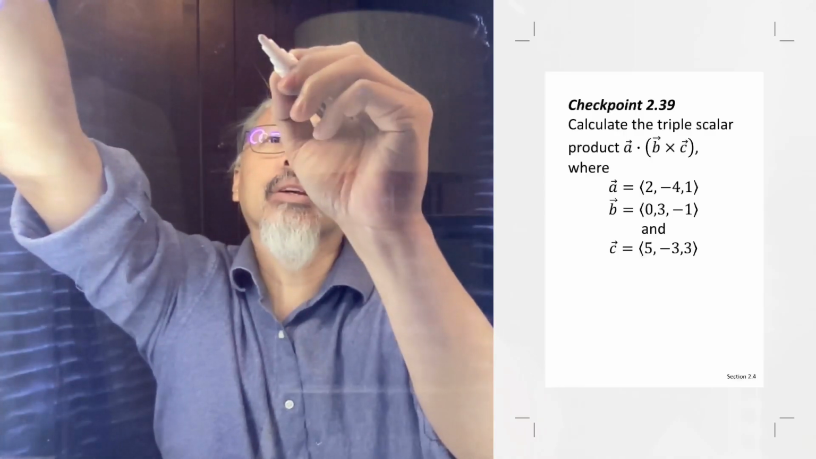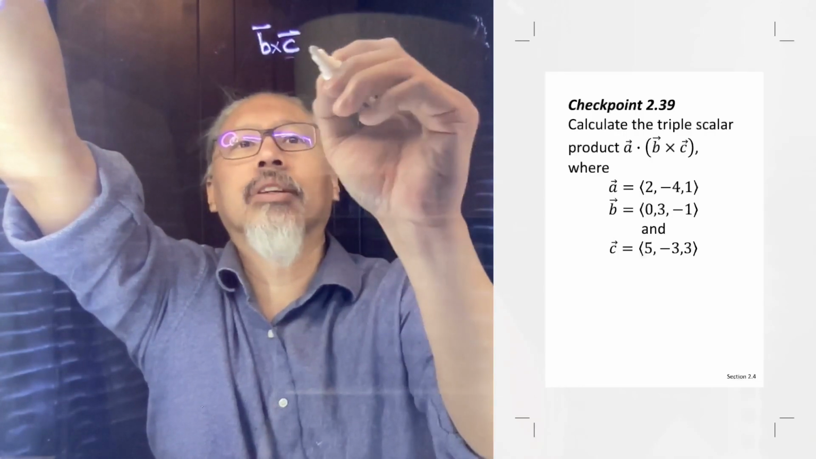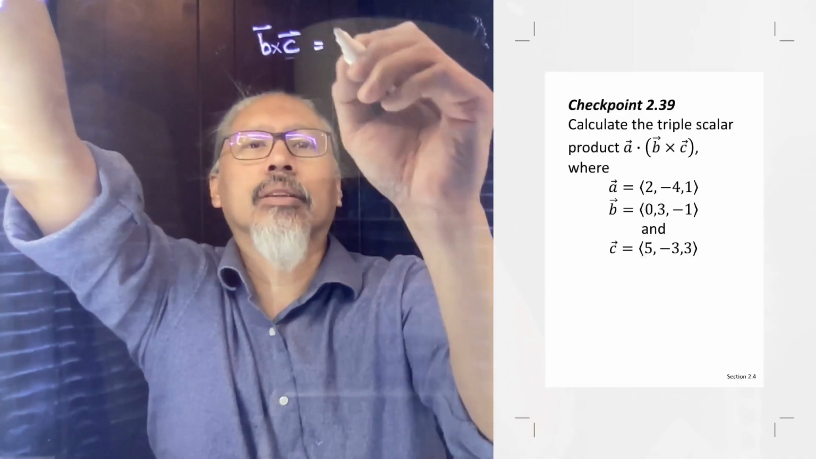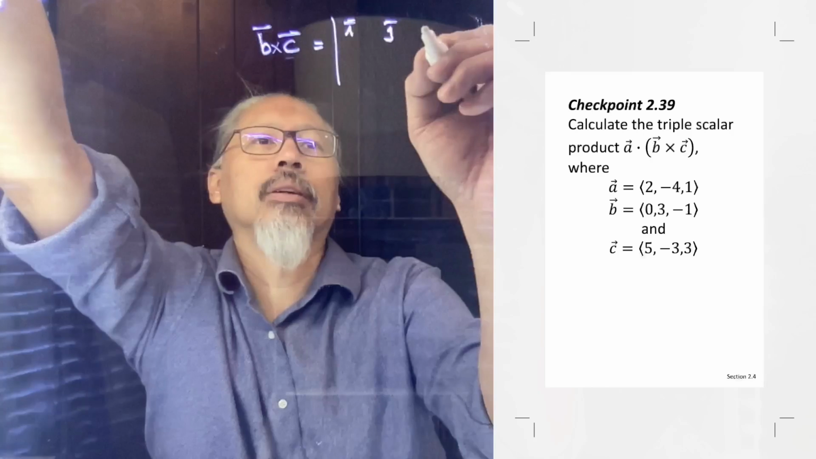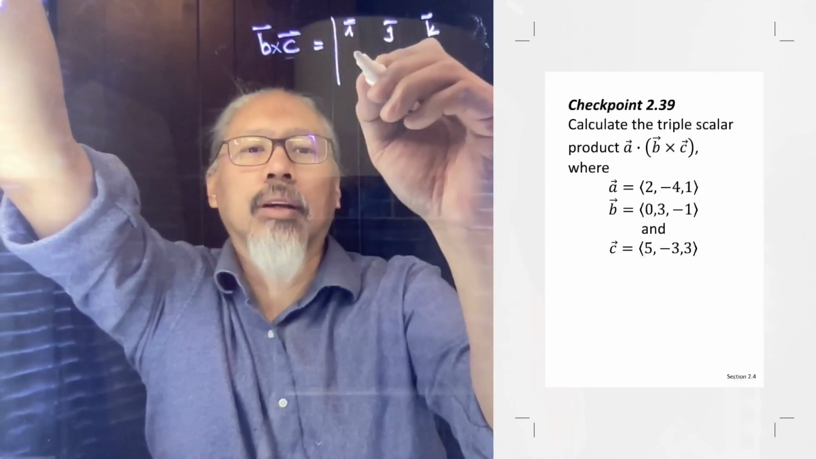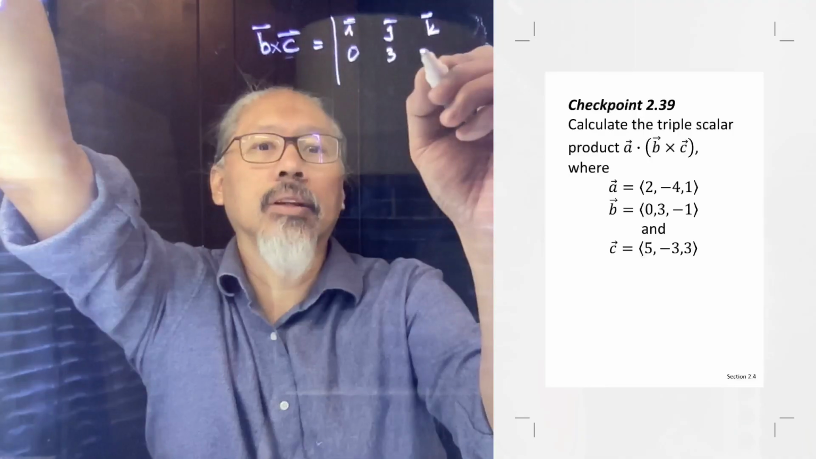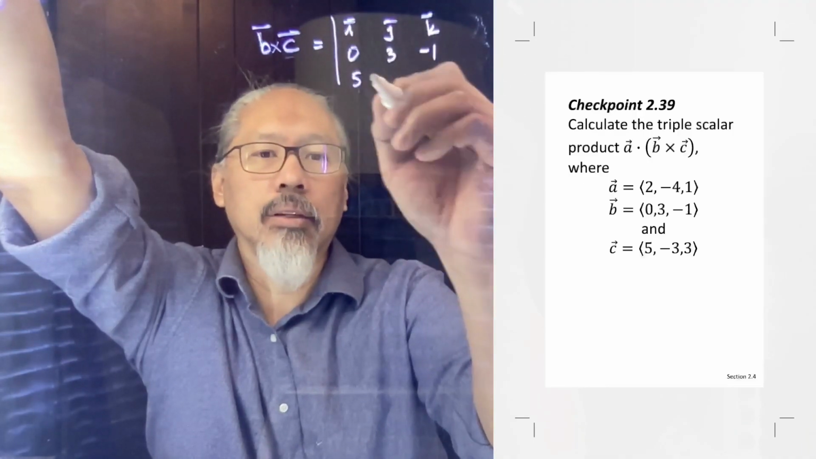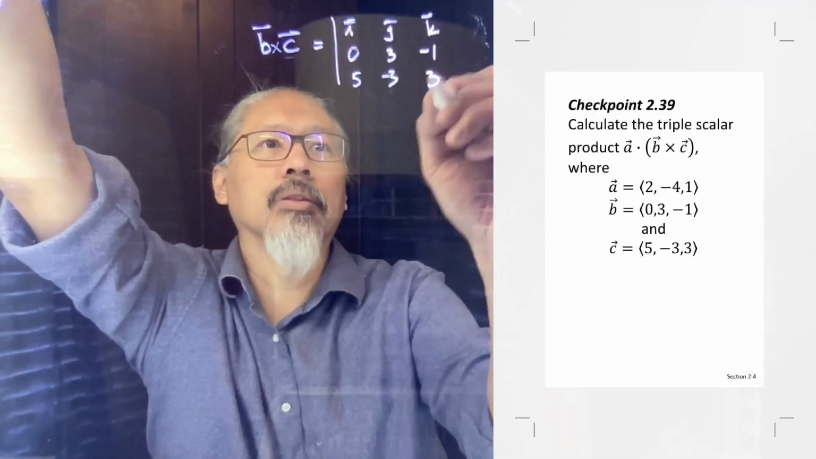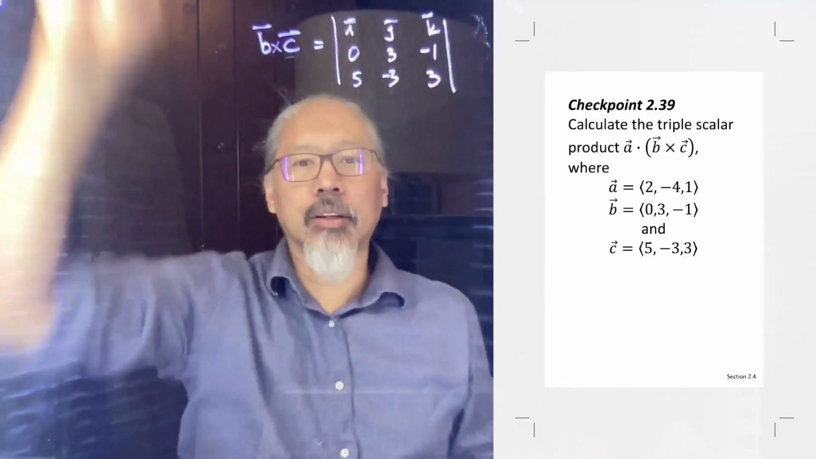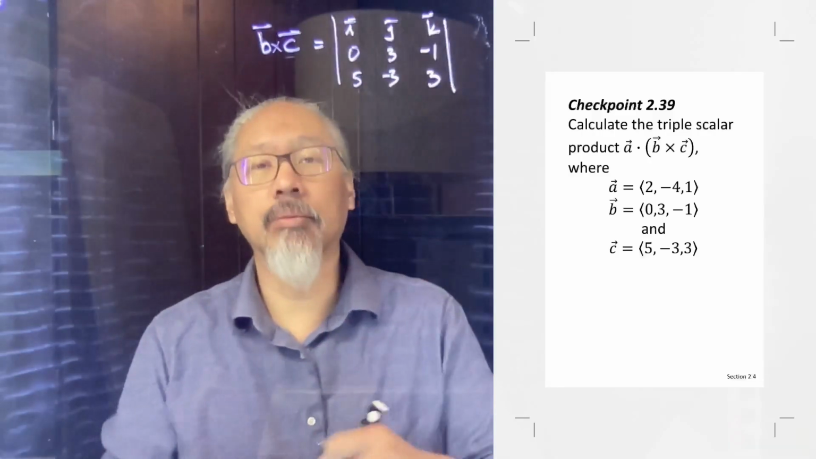Let's take a quick look at B cross C, the work that needs to be done for this. And this is usually computed with an IJK. The B vector is 0, 3, -1, and the C vector is 5, -3, 3. Now, if we're going to multiply this or dot it with A,